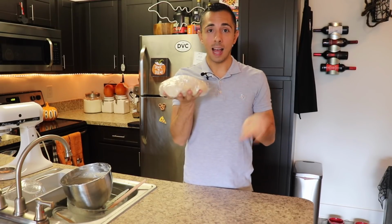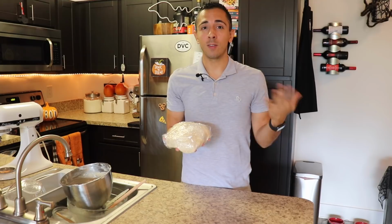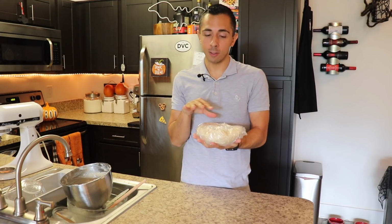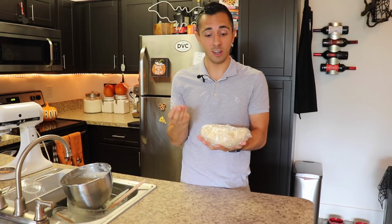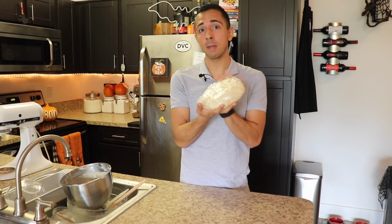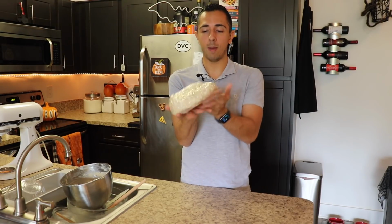As you can see, I have my dough all wrapped up. It's a very wet batter, so that's why you have to refrigerate it for about 2 hours. It'll come together. So if you guys are making this recipe, don't be discouraged because it is very wet. It's very sticky right now. And it's also quite a lot. So if you guys don't want to make as many cookies, I would suggest cutting the recipe in half because this is quite a big